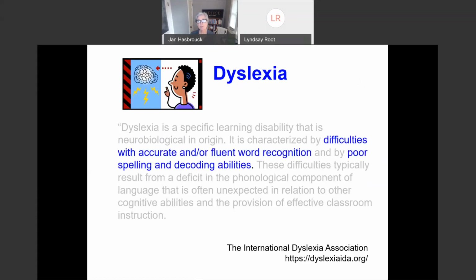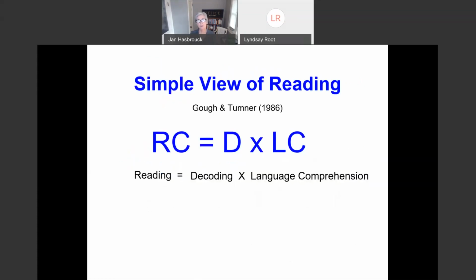The accurate and fluent word recognition. This really, we've had theories about this for a long time. The simple view of reading, again, very well known in the reading field. I'm sure many of you have seen this before. The theory that now has, what would that be, 30, 40 years of evidence to confirm that this concept is true. This idea that reading comprehension, or RC, is the product of decoding